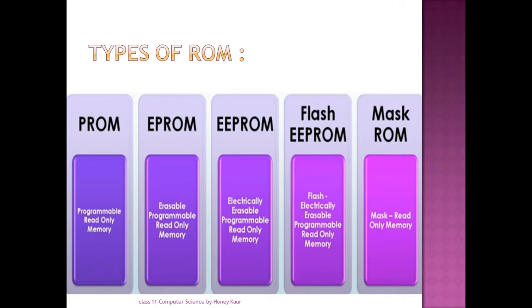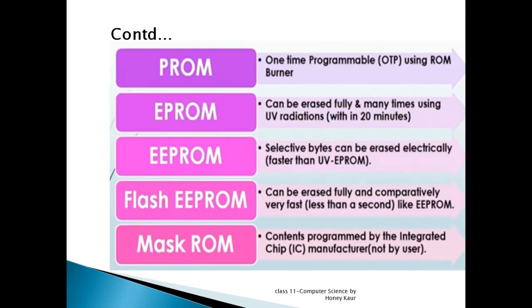ROM is basically of 5 types: PROM, programmable read-only memory; EPROM, erasable programmable read-only memory. So in the case of ROM, that is read-only memory, we also have features of erasable, electrically erasable, flash electrically erasable, and mask read memory. So these are 5 different types of ROM, and their features are, the very first one, programmable read-only memory, is